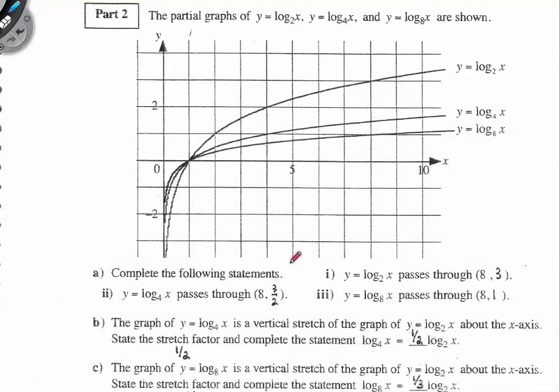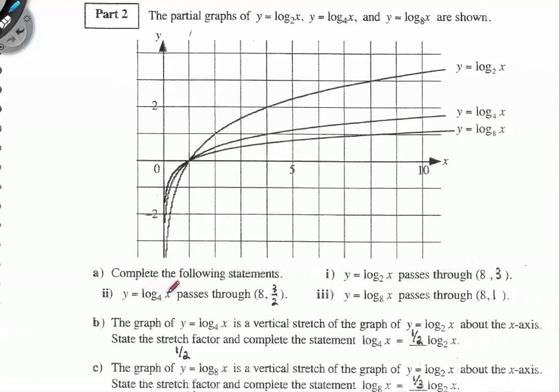Complete the following statements. 1. y equals log x base 2 passes through 8. If x is 8, then this is really 2 to the 3. The 3 comes over, so y would equal 3. And this one, if x is 8, this becomes again 2 to the 3. The 3 comes over,